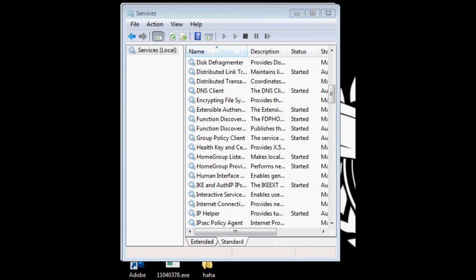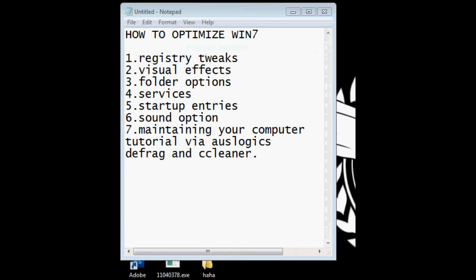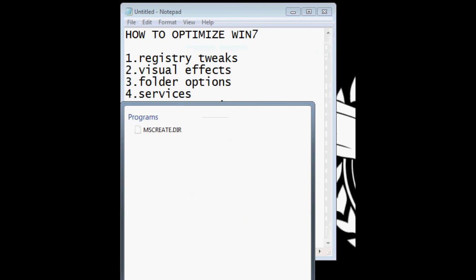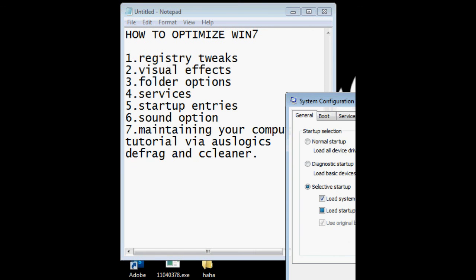So let's go to msconfig. Run msconfig the way you run services.msc, but here type msconfig only. So here's a little window.